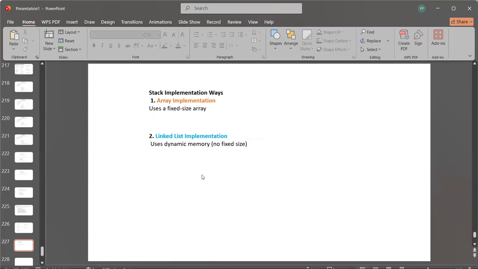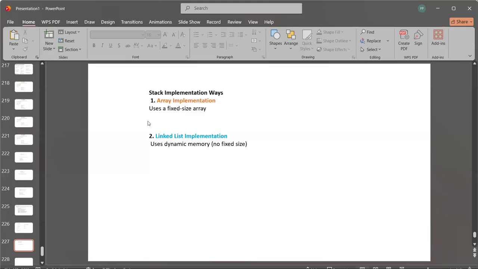So there are two ways. We have already covered array implementation, what an array is and how we can store elements inside it. Please check that video to understand how we can create an array. We will make a program in C++ as well. First we will do the array implementation, and then we will jump to the linked list representation.